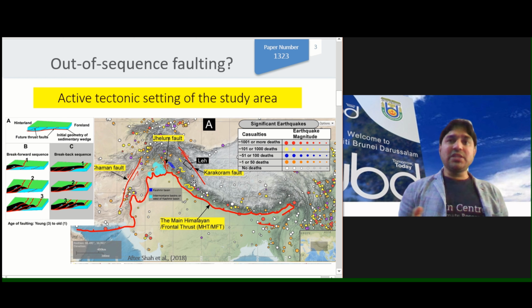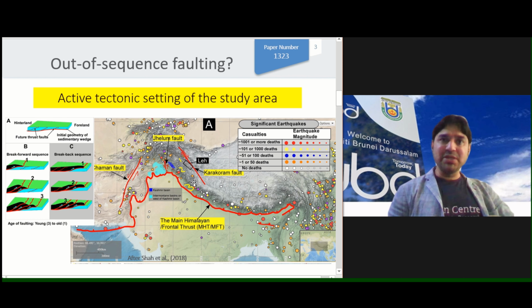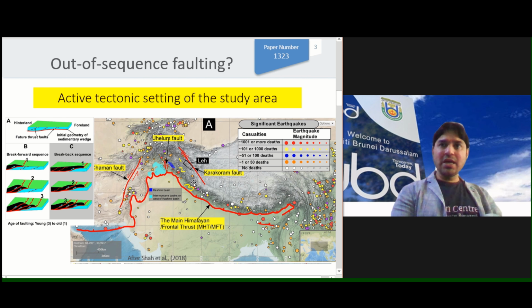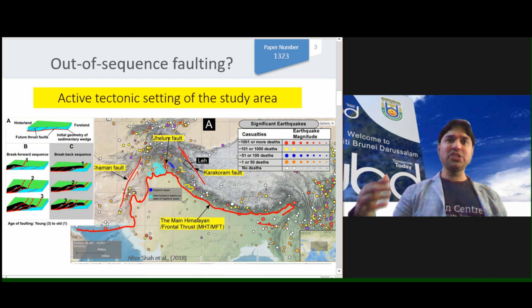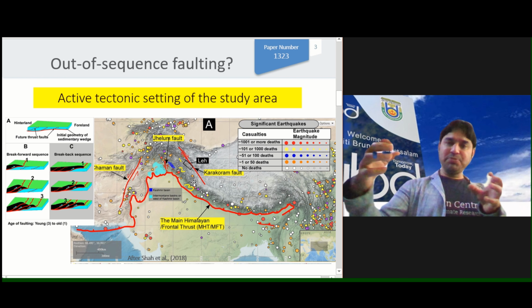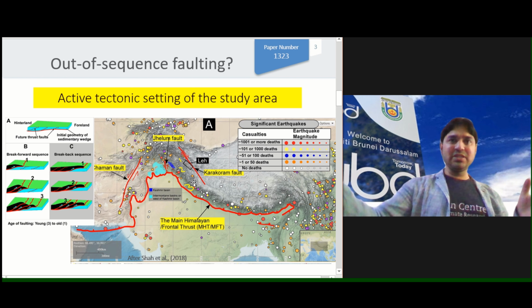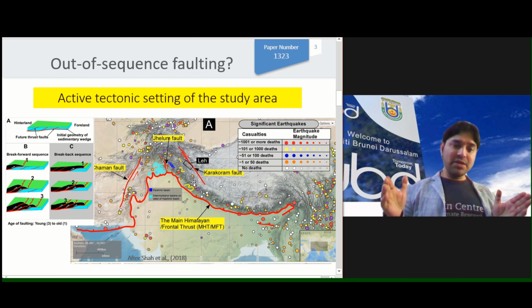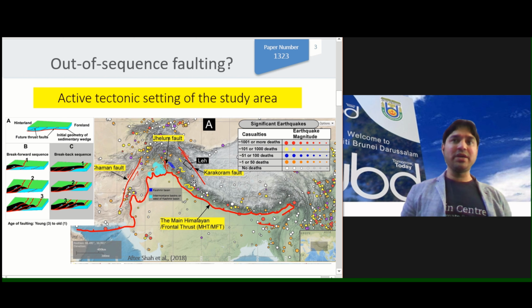So in other words, think of it like food for the faults. Food for the fault is stress. So let's say that this 5 centimeters of convergence is coming from here. Out of that, half of the food is taken up by the frontal fault. So just half is distributed to so many people in the so many fault systems. Therefore, they will activate, but their recurrence interval will be higher, whereas the recurrence interval of the front will be quicker, right? And that's what I think is happening.